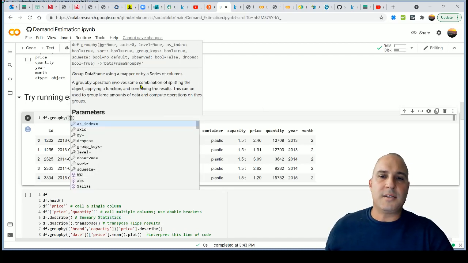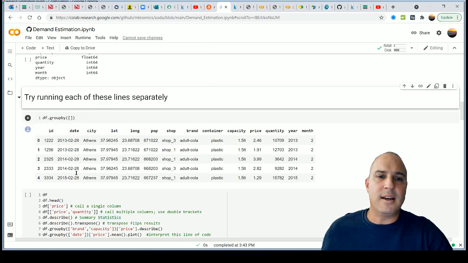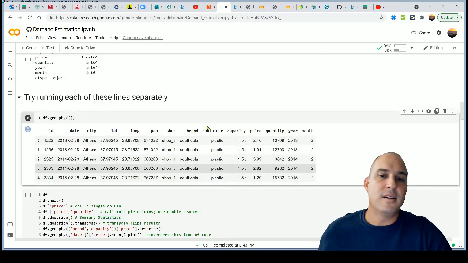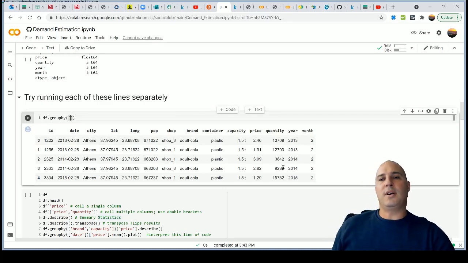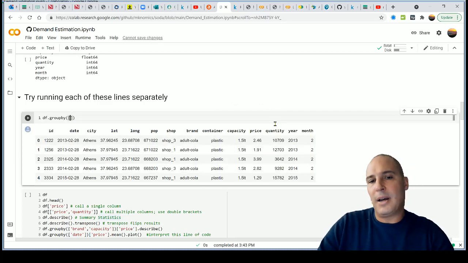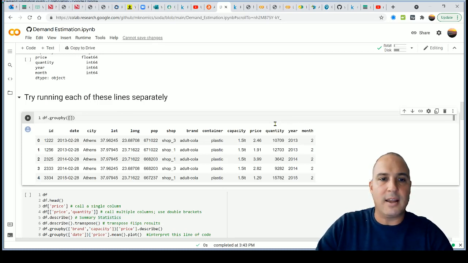So when I do a bracket, I'm going to be able to group it by different categories. And if you see, what are the categories that we have here? The categorical variables of types, we have city. It's got Athens and different types of categories, right? Brand is also like that, there's different categories in brand. Container, capacity are categories. So if I asked you before, I said just average quantities by city, and I guess this would be monthly quantities, if I did group by city,